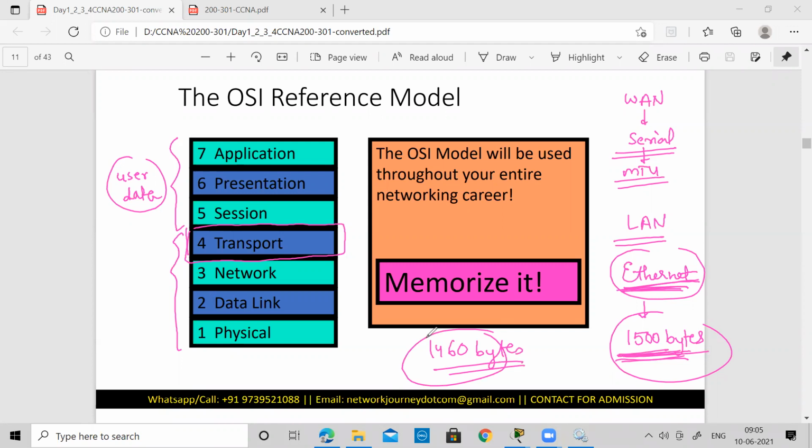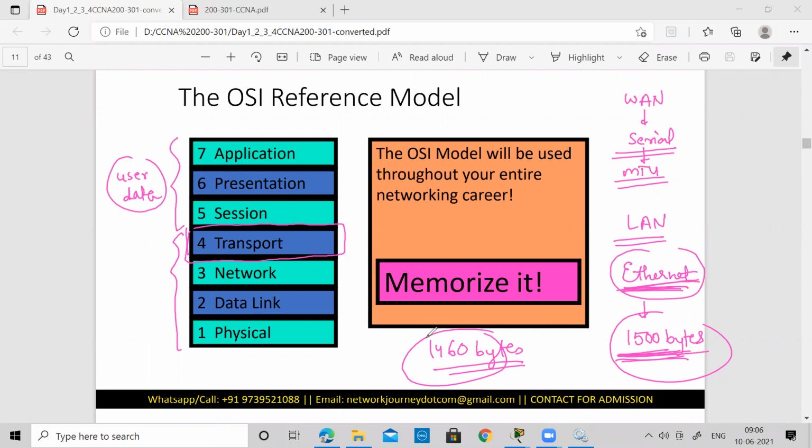Okay, don't worry. This is just an introduction of this layered architecture. Every layer we are going to dissect and learn better. So in transport layer, we understood that it is checking the underlying mechanism, what the maximum transmission unit is, and accordingly it decides to break the data into different segments.